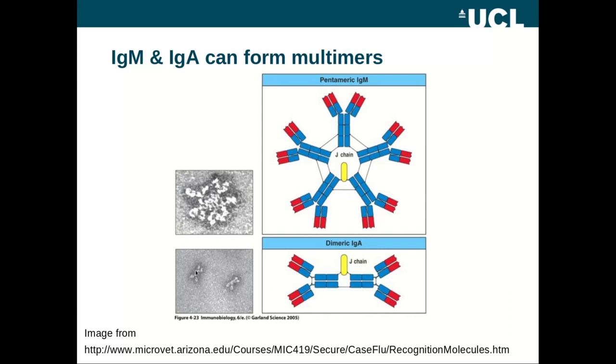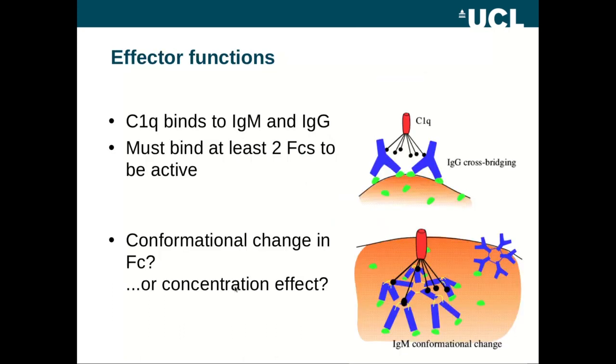So one of the other main effector functions, we talked about cell surface receptors such as the FCGR, which binds to IgG. Another main effector molecule is known as C1q. And C1q is the first molecule of a cascade of proteins known as complement. So C1q binding to an antibody triggers what's known as complement dependent cytotoxicity. Now what complement does, as I said, it's a cascade of proteins. So the first molecule that's involved, C1q, causes lysis of another molecule, and this cascades, activating each molecule as it goes along